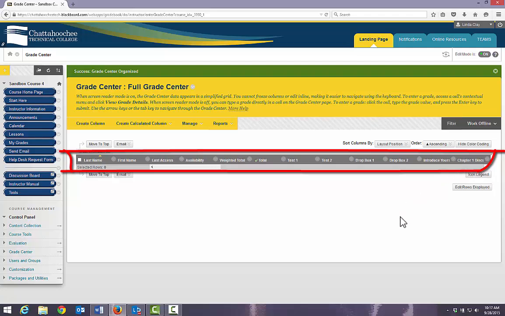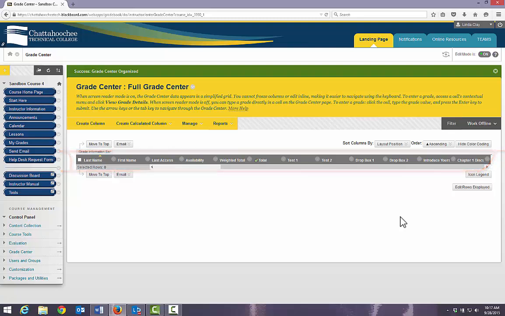That's because the final exam is not in a content area. It's an exam that I'm going to give in front of my students in a proctored environment, and they're going to fill out a Scantron sheet. It's not something they're going to take and submit in Blackboard. Therefore, there's no automatic Grade Center column. I'm going to have to create the Grade Center column for that final exam. Whenever you have an assignment like this that you give outside of Blackboard, you create your own Grade Center column by clicking Create Column,